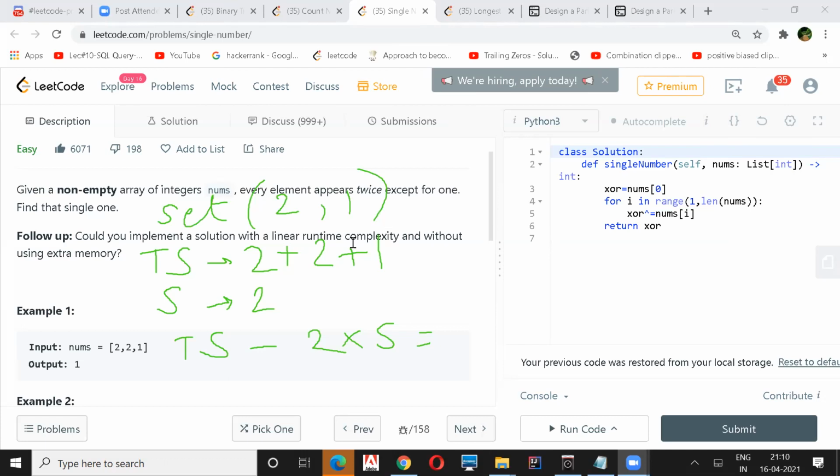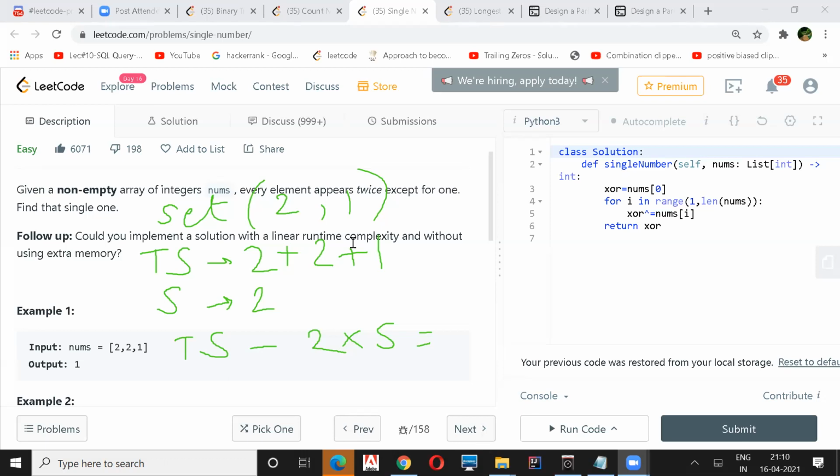So with additional space, you can do this in a single pass. One additional space option would be to use a map or something like that, and this is one way of doing it. Or you sort the array, but that takes more time to find the duplicates, so that will be O(n log n).